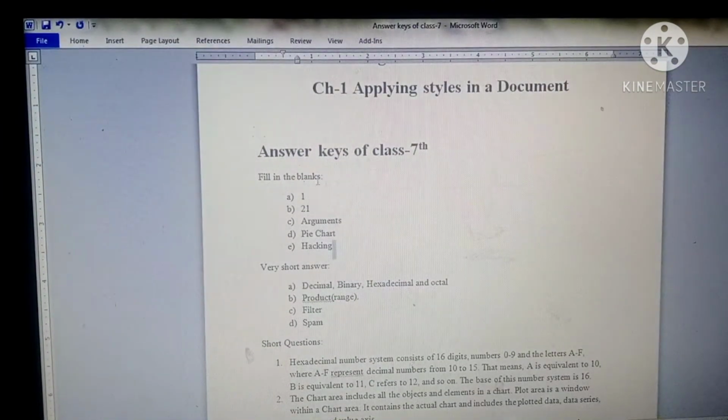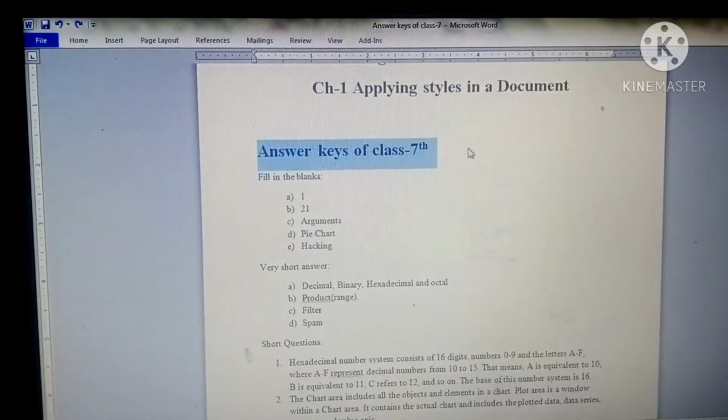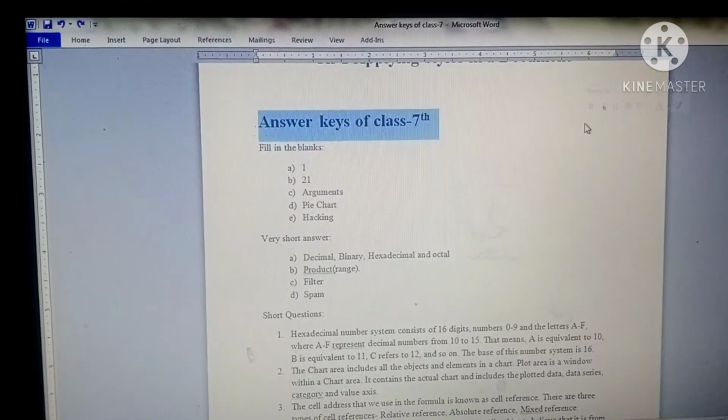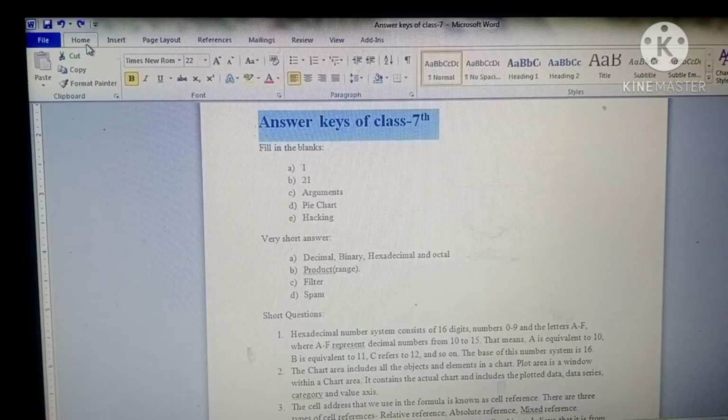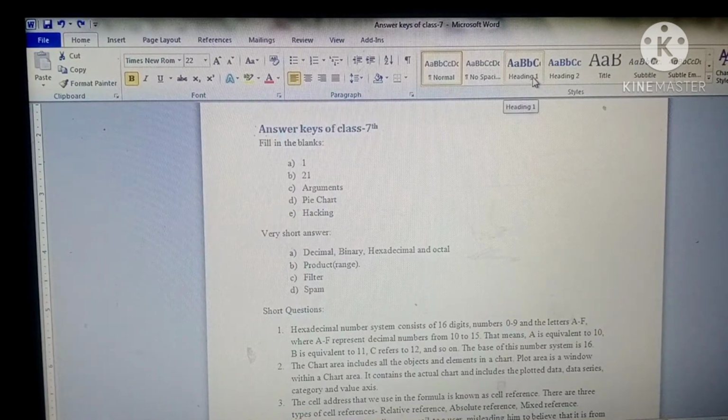For example, I am selecting this text. I have selected this line, and then I am clicking on this Home tab and going into the Styles group. I am clicking on this Heading 1. You can see that my selected line is changed according to the Heading 1 style.